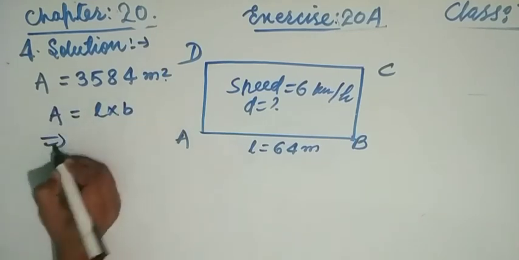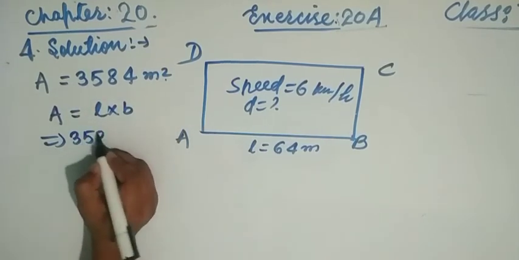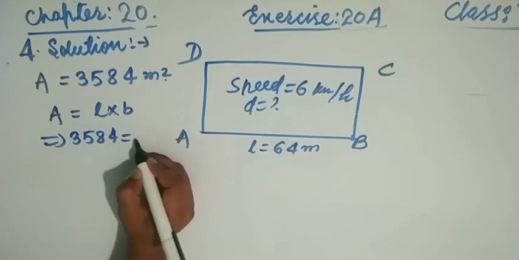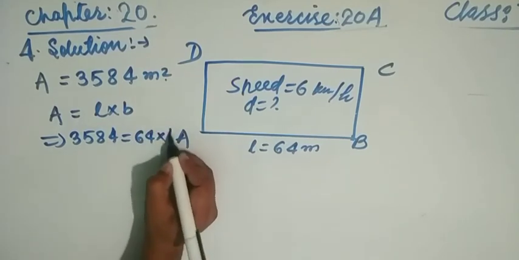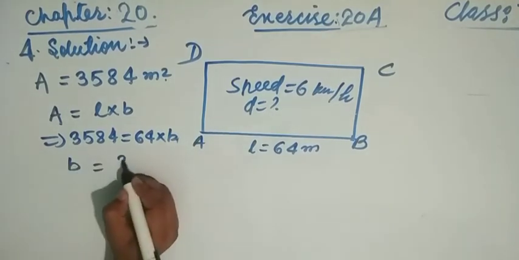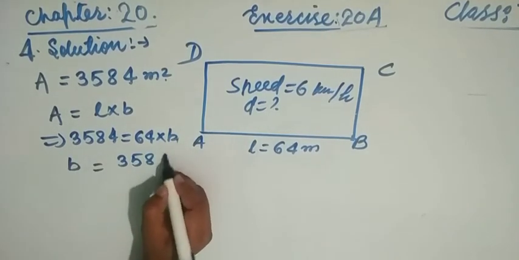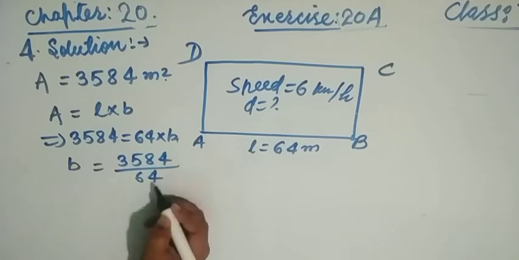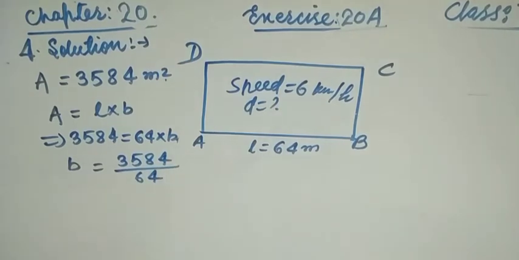So the area is given 3584. This is L, 64, and B is to be multiplied. Okay, we have to find the value of B. B is equal to, friends, 3584 divided by 64. Now the length B after dividing, friends,